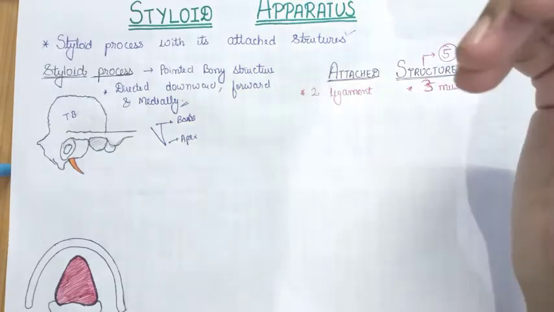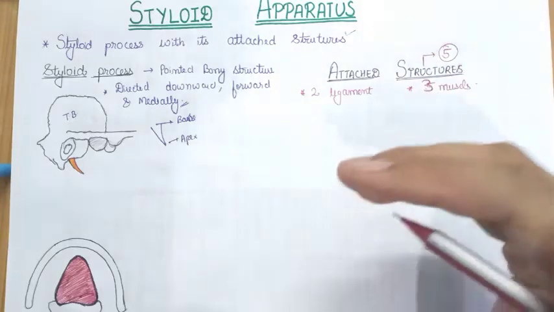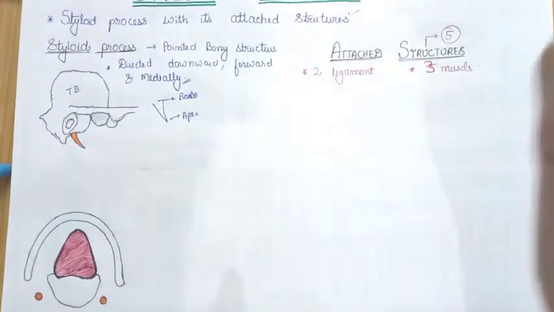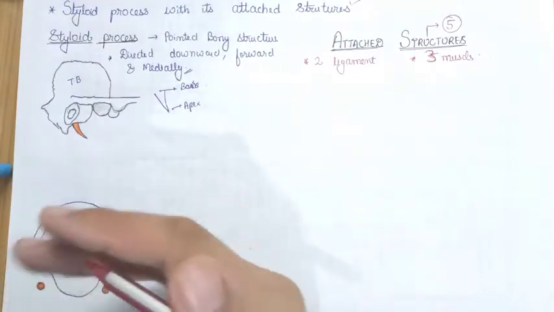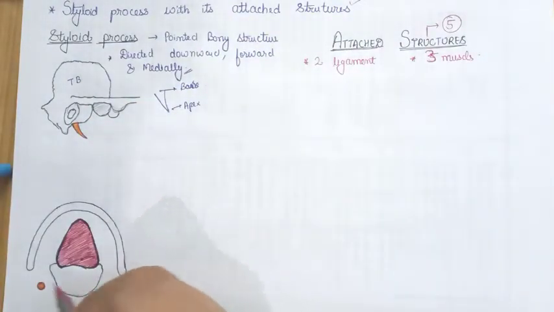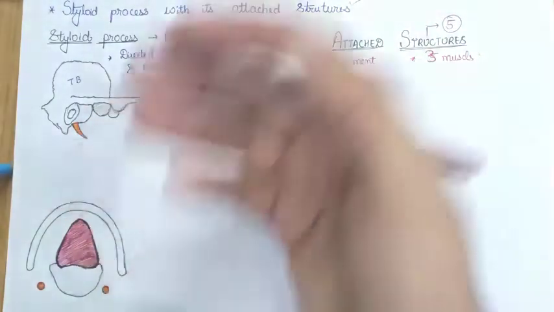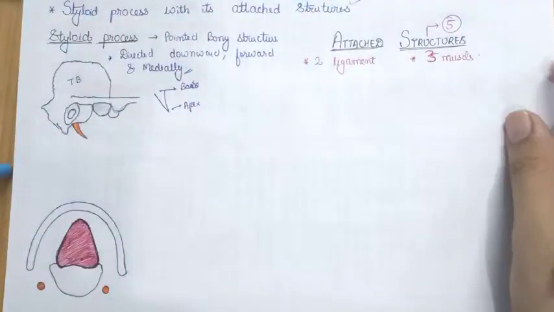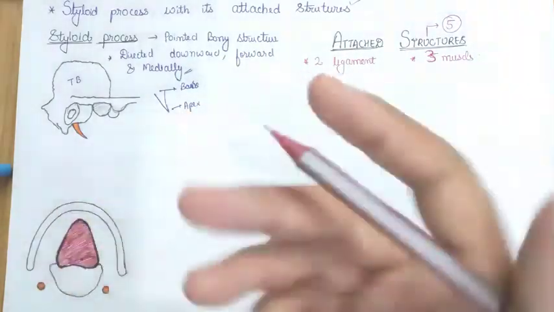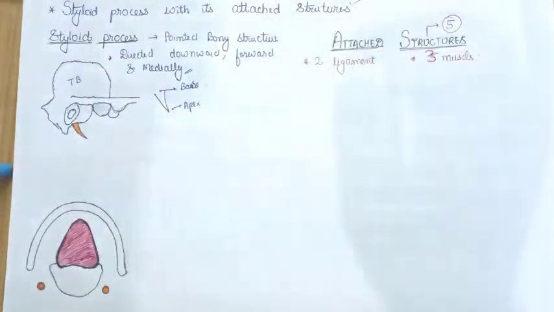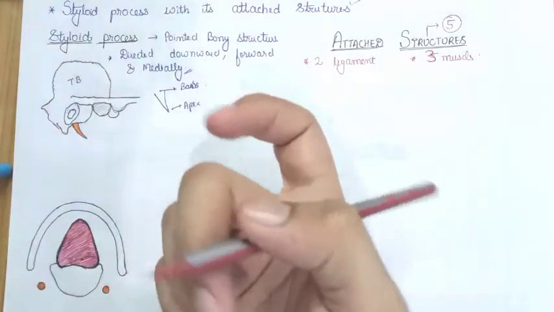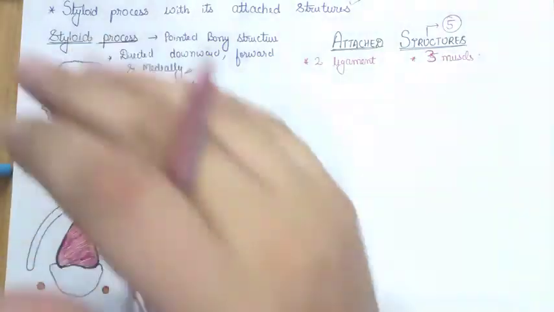You have to imagine how the attachments of these ligaments and muscles go to the different parts of the body or the neck region, and how they are oriented. So let's have a look at this diagram. The 2 orange structures here are the cross section of the styloid process, and we are viewing this diagram from the superior surface. So this diagram is a superior view of the attachments of the styloid process. As you can see, these are the 2 landmarks to which different structures will be attached.